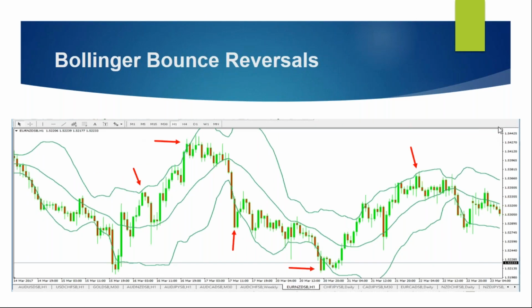So you look at Bollinger Bounce reversals. I'm just going to highlight a few in here. Strong bearish move down, 3 candle formation, so we'd be expecting a move upwards. Bounce off our resistance at the top before coming back down. Bounced off here before coming back down slightly, but we'd have to be aware of these only being short-term trades,